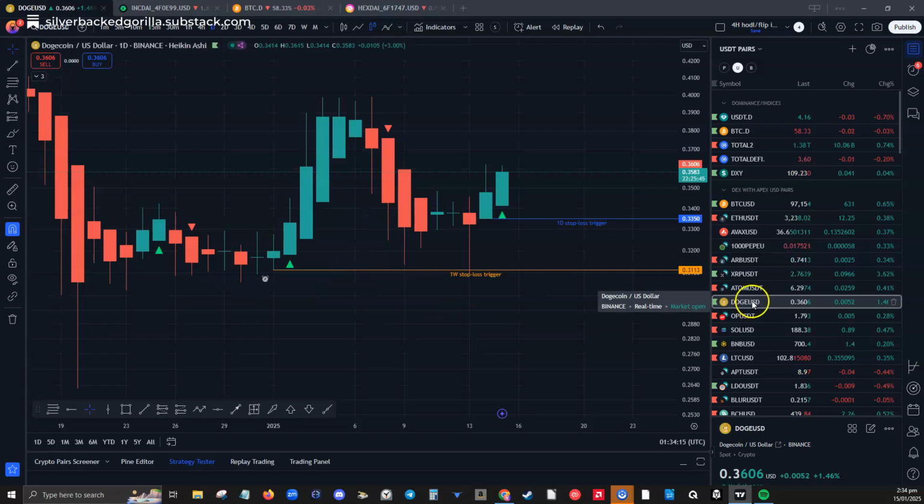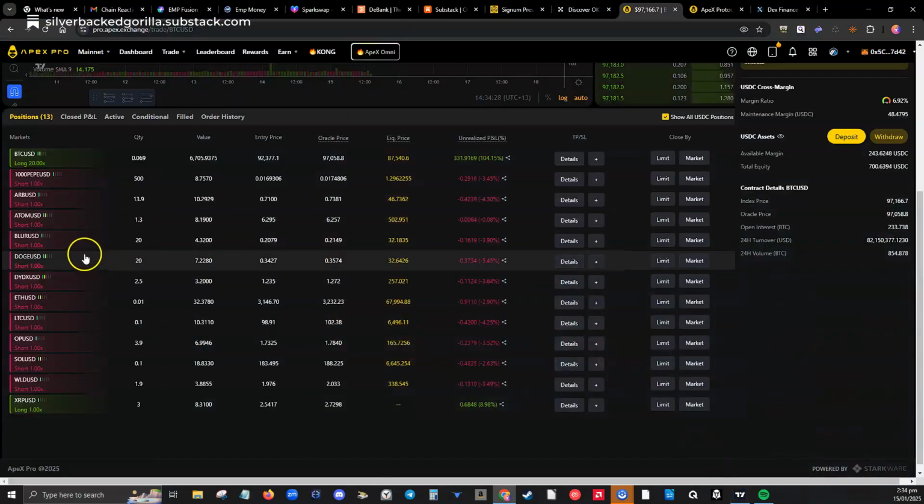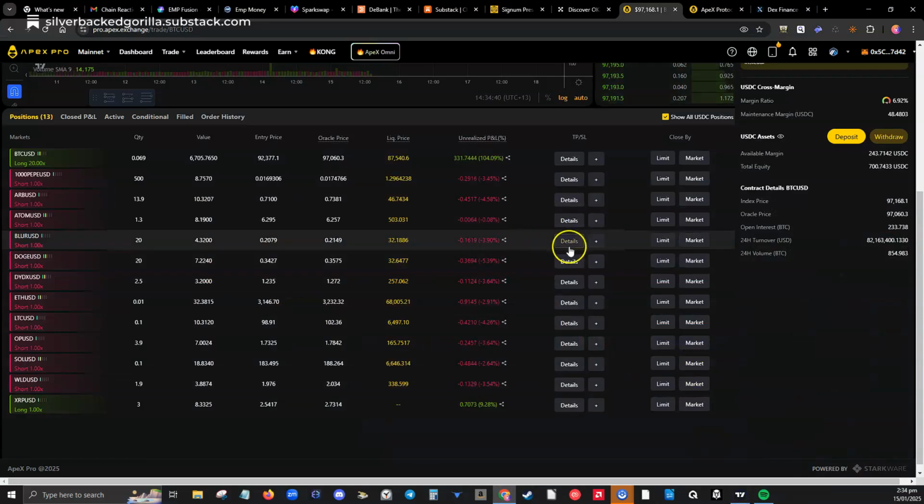Dogecoin, we've got a new buy there. If I don't have that, let me just go copy. Doge is short. Okay, so I'm market selling that, and I'm going long because it has just changed long. Doge market. So what you can do,